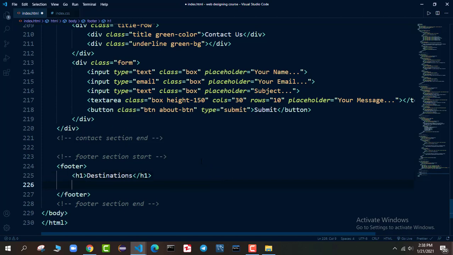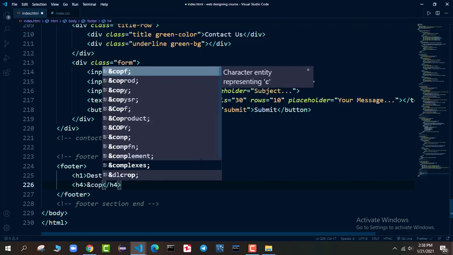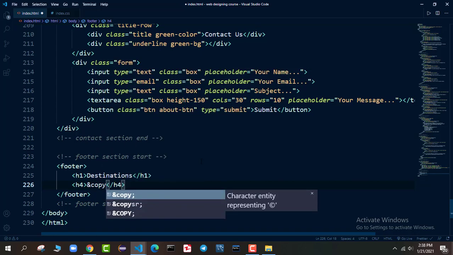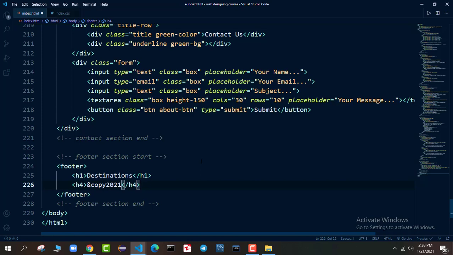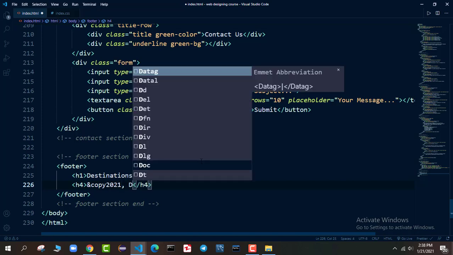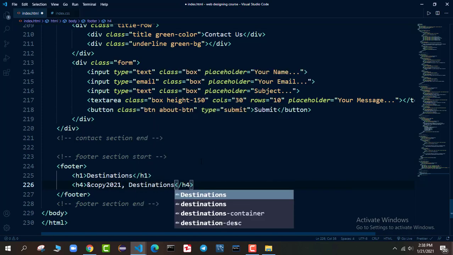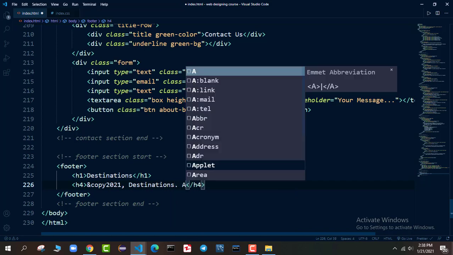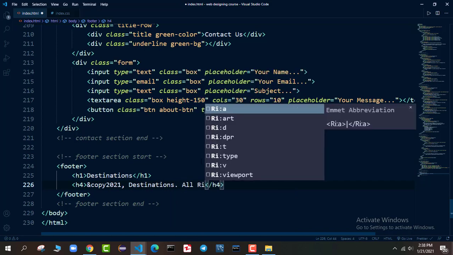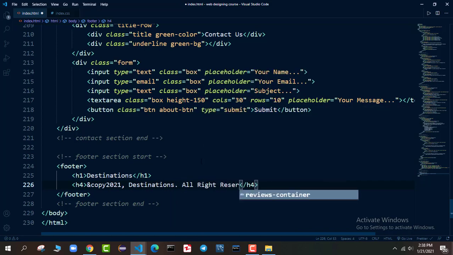Okay, and then I will add an h4 tag, and I will say and symbol, and then I will say copy, so it will add a copyright symbol, and then I will say 2021, destinations dot all rights reserved, and that's all that we need to do here.